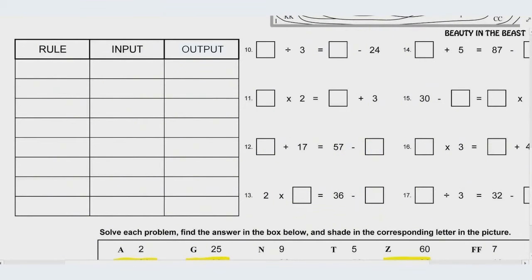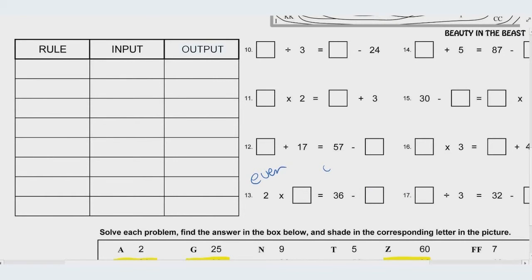Problem 13 says an empty box times 2 and 36 minus an empty box. Again, we're multiplying by 2. We are doubling the answer. And we know that this has to be even because if I put an odd number in here, 2 times 7 will give me 14. But if I put 7 here, we will get an odd answer. So we have to make sure that the answer in the